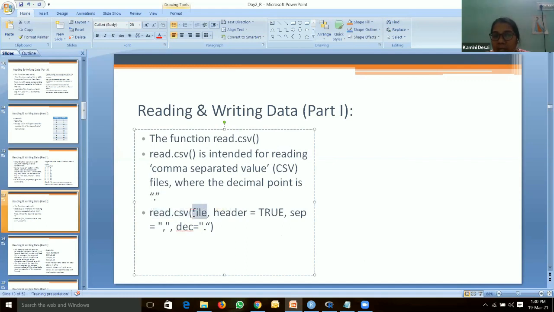The file name comes here, data1.csv in inverted commas.